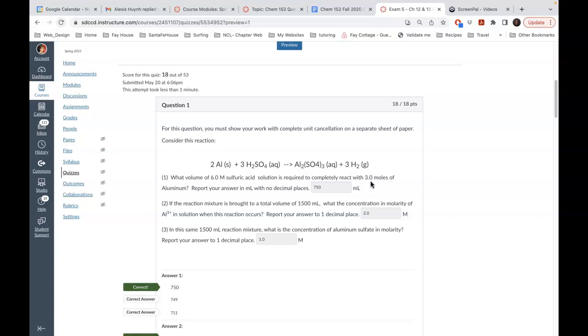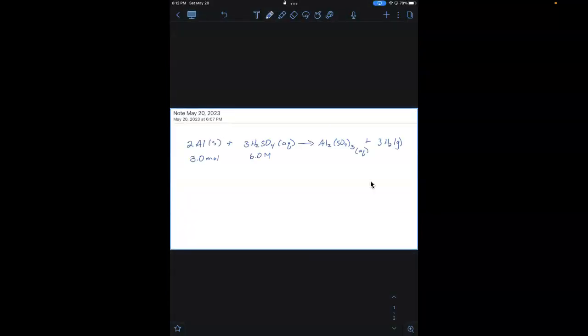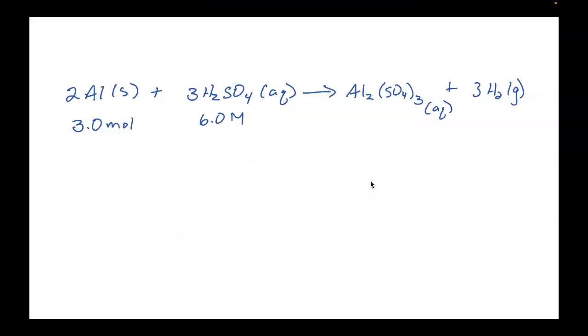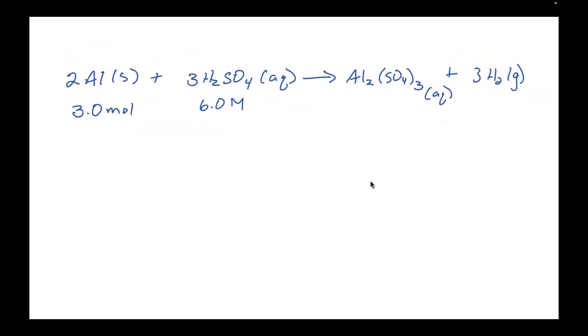So I'm going to screen share. Okay, so here's the problem, and I've got my reaction, 3 moles of aluminum, and it's 6 molar sulfuric acid. And I know that Alexis knew how to do this part, but I figured I'd just do the whole thing. So if I'm starting with 3 moles of aluminum,